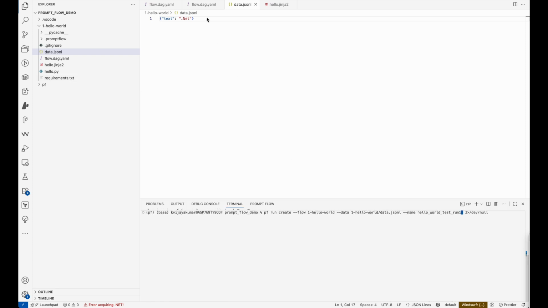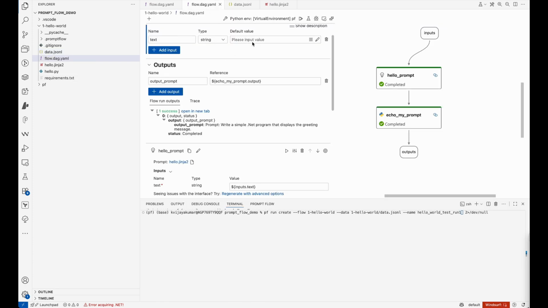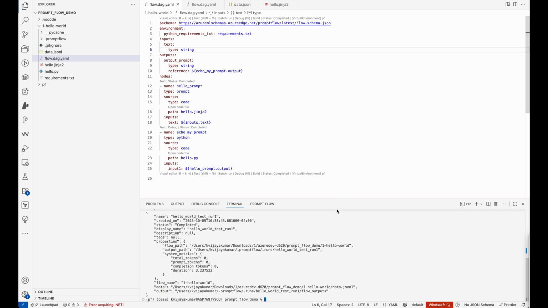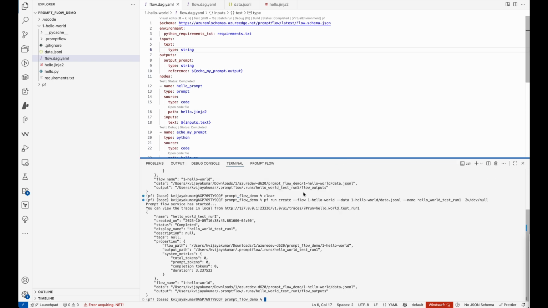Within this, I want to make sure that there is no default value present here. Also make sure that there is no default property mentioned here. So now we don't have the default property. Let me go and run this. Now it is going to take a while to get executed. Now you will see all the tracing information here. It says how many tokens are used, what is the overall execution time, start time, and end time, and all of those. Now if you go over here, like output path, flow path, it's a directory path,